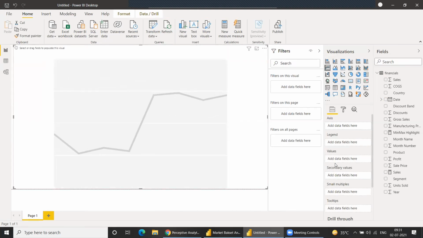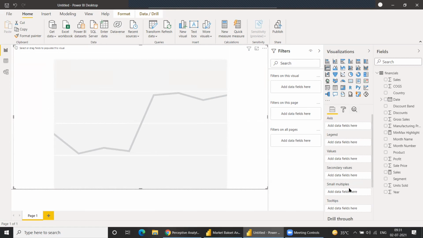Just one thing I want to check. Do all of you see multiple small multiples in this section for the line graph? If you click on this icon, you will get all these: Axis, Legend.